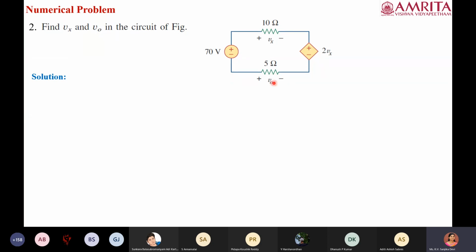Now, whenever we are using Kirchhoff's voltage law, it is always convenient to represent a current flowing in a closed circuit. If we consider a closed circuit with a single loop, then all the elements will have the same current flowing through them. So let us take it as I.